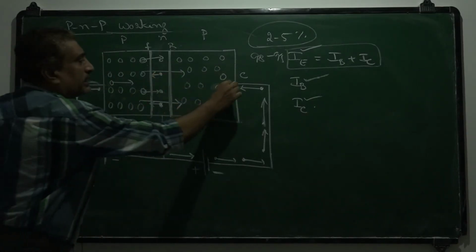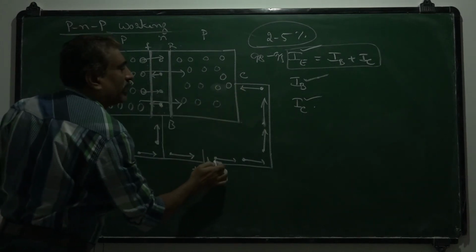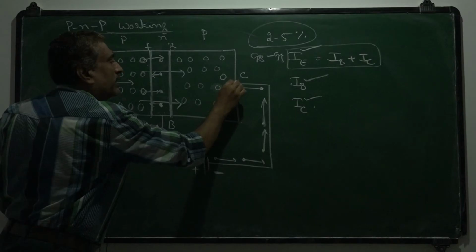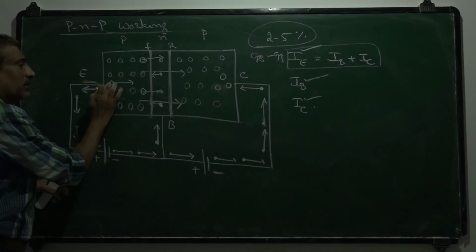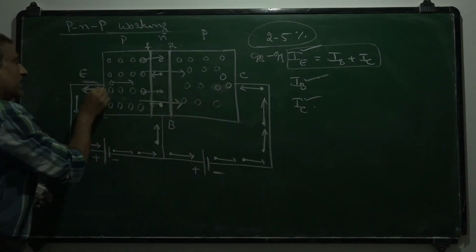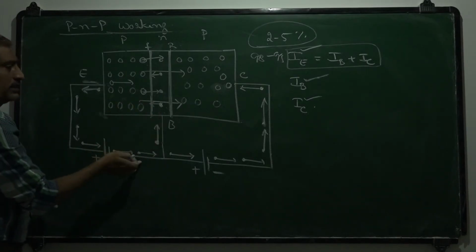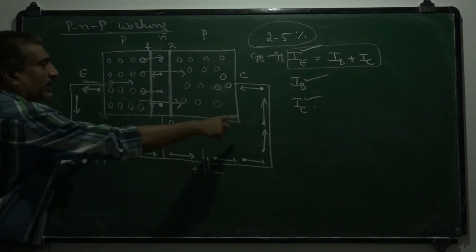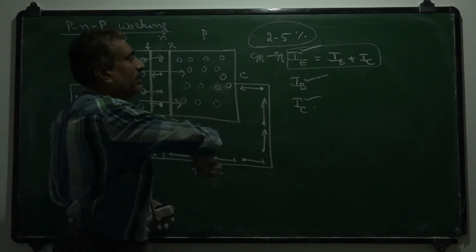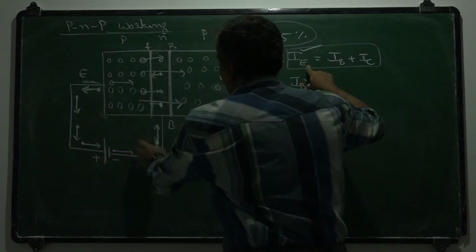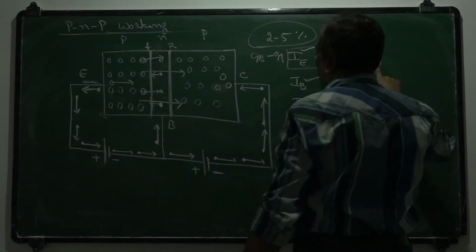When a hole reaches the collector terminal, an electron from the negative terminal recombines with the collector, and another covalent bond breaks here, so that the hole moves towards the collector and the electron comes towards the positive polarity. Here also the same case. So by this we can write the current components. The relation between these current components is that the emitter current is equal to the sum of the base current and collector current. That means IE is equal to IB plus IC.